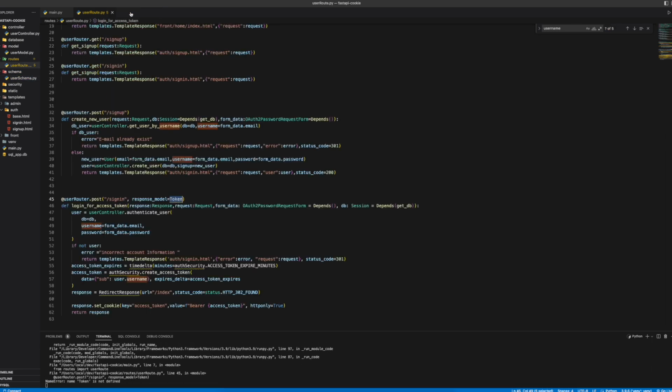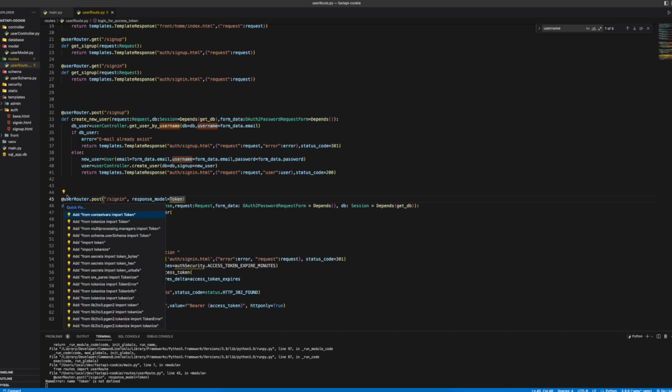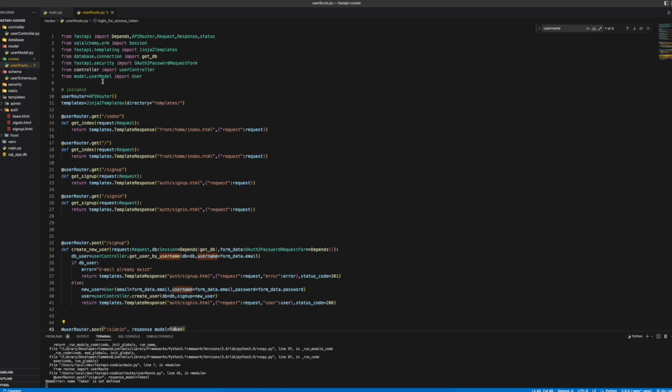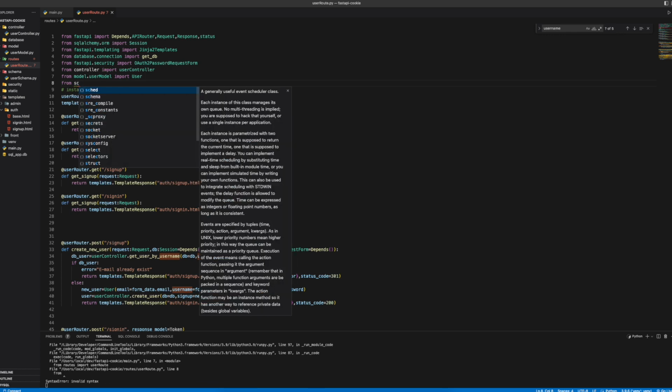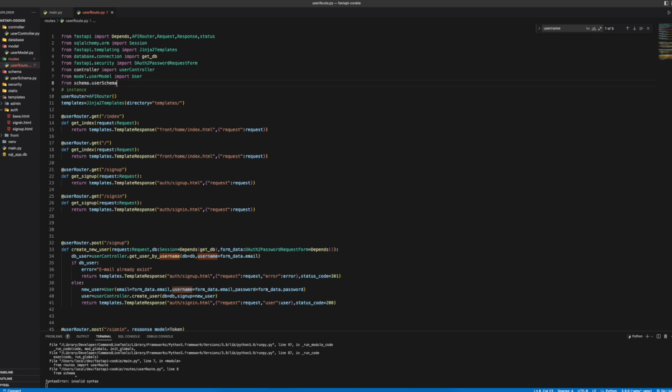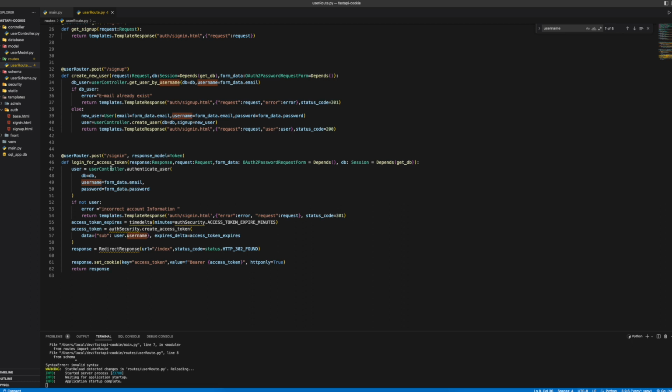Okay, now let's come back and add this token from schema, and that should be the first step. The second step, the same as from sign up, we need to get the sign in information. We need to get from data, email and password, but